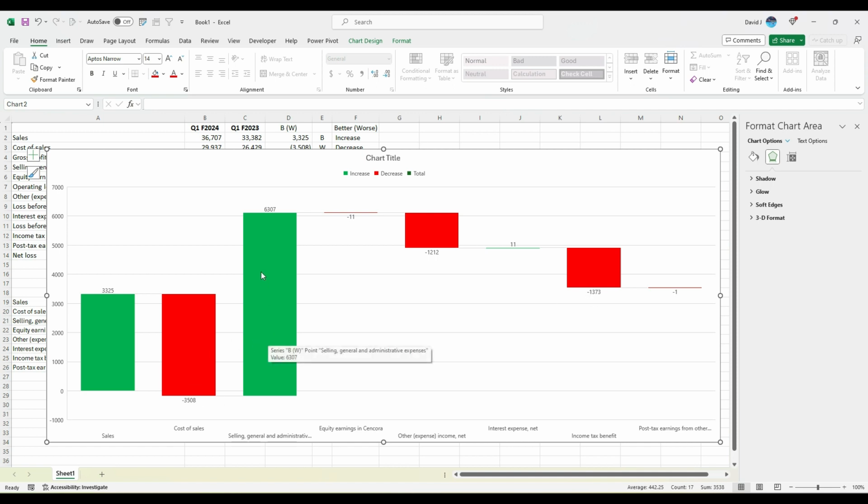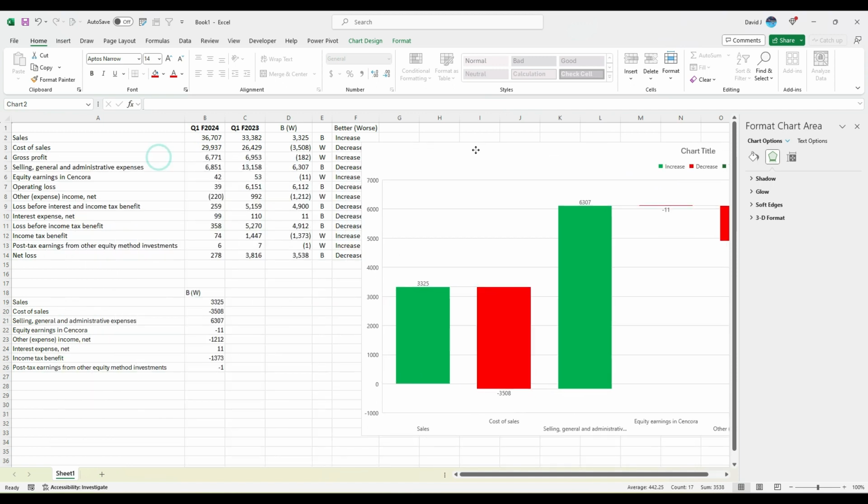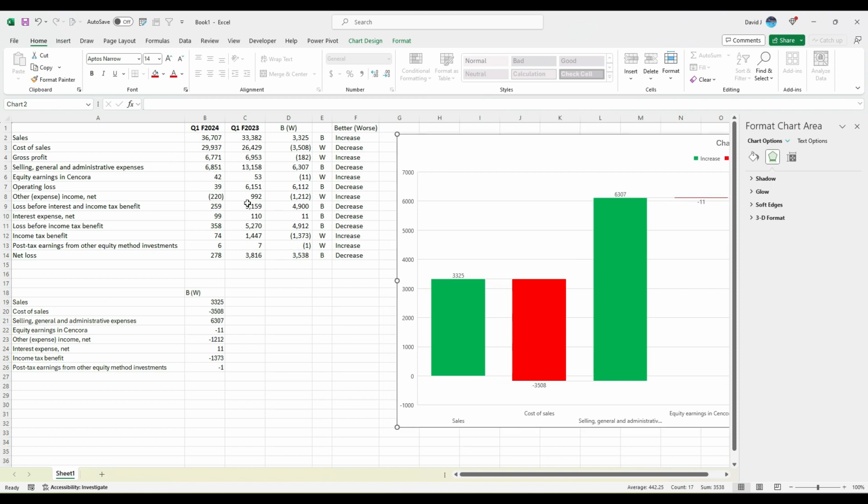One was a reduction in SG&A, then an increase in other expenses, and a reduction in the income tax benefits. So just by looking at those three items, we can visually see where the company did better or worse in its financials. So that's the big advantage of putting this data in terms of better or worse, because it makes it a